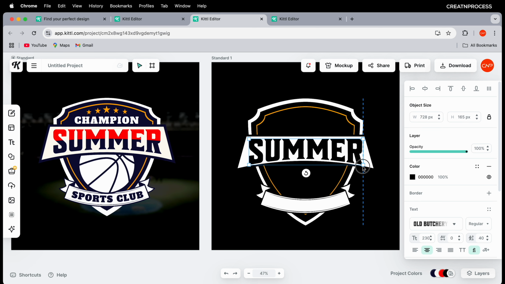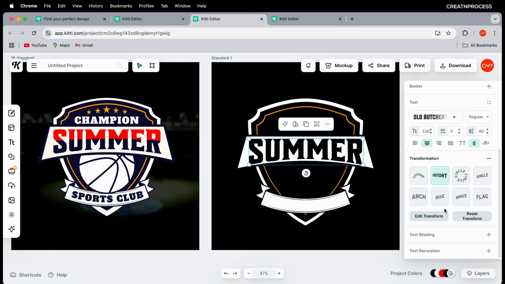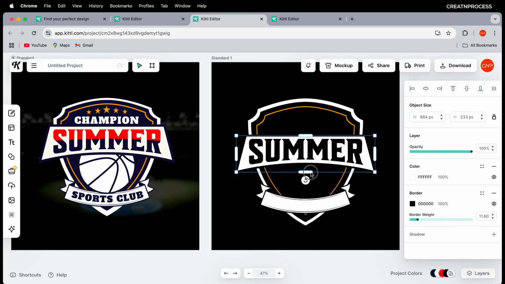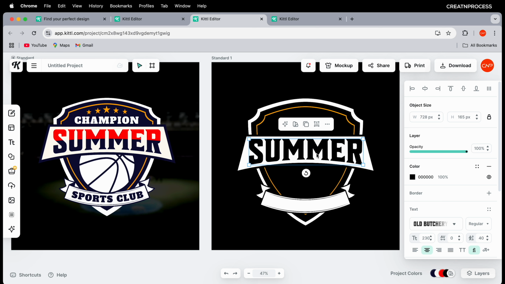Okay, around this much, and just use this transform option, distort, go to edit transform again, go there and just make it a little bit down, and I'll just select this and increase the size around this much. Very simple, right? Now if you want to change the color, you can just give this red color, just select